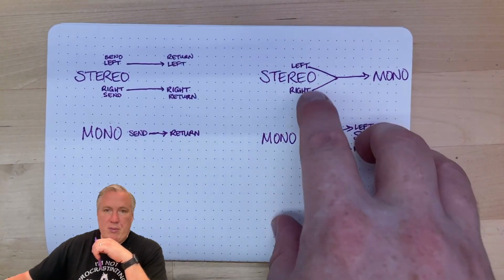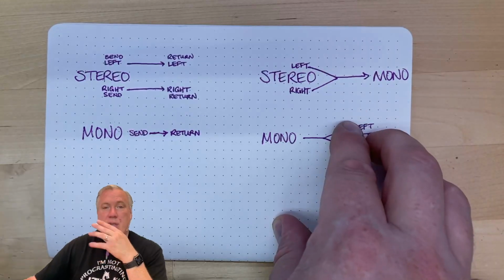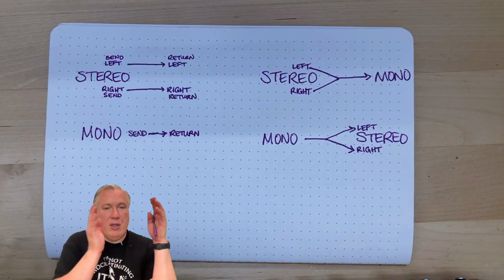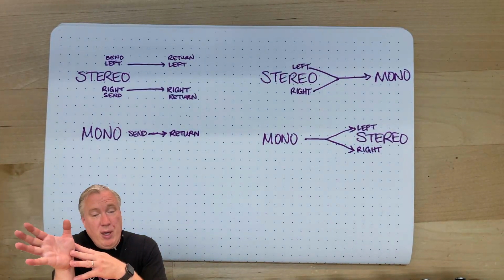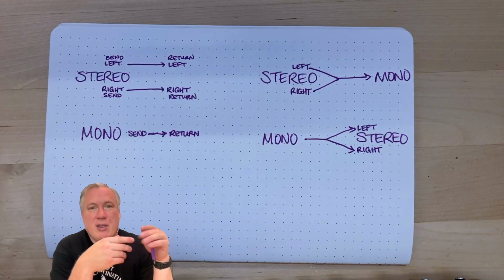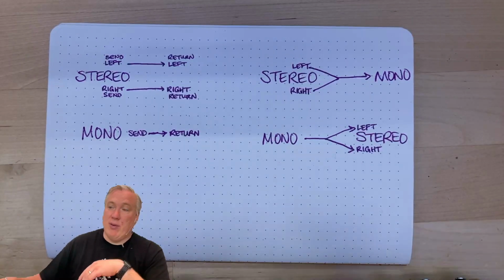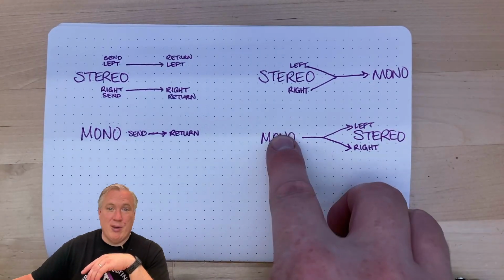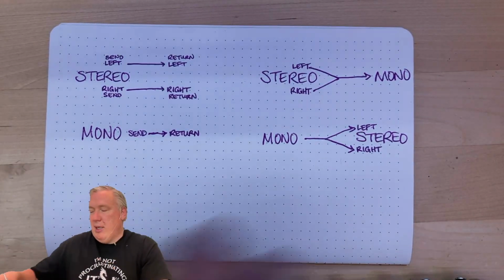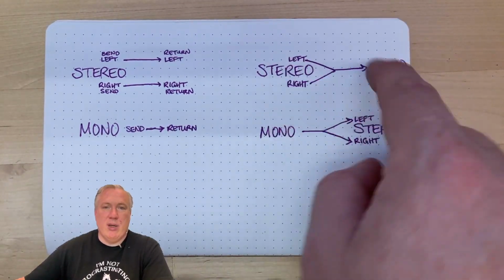Or you have something that's stereo and you need to mix it down into mono. So for example, if you had 2 stereo effects, 2 loops that were fully stereo and one that was mono, and you wanted that mono one to be able to interact with both halves of the stereo signal, well, when it goes out to it, you would need to mix the left and right down into mono. And when it comes back from it, if it's full mono, you would take that mono and split it back out into left and right. So these are the 4 scenarios: stereo to stereo, mono to mono, stereo to mono, or mono to